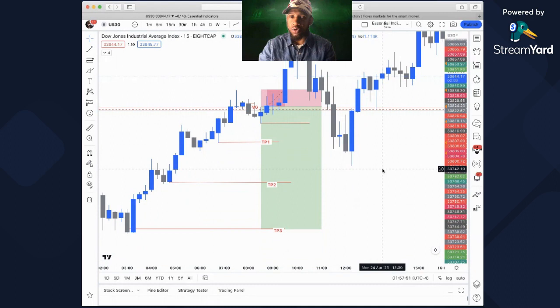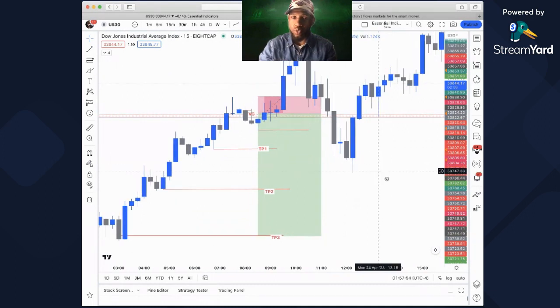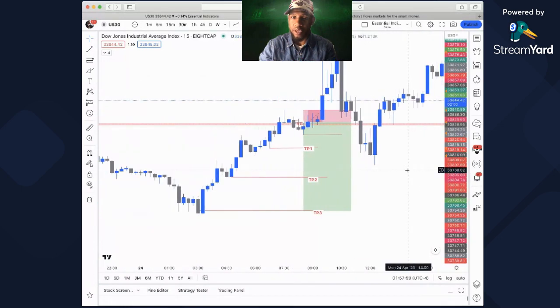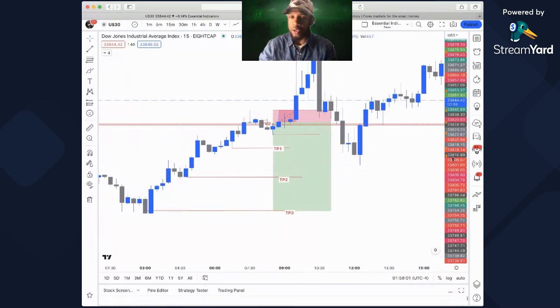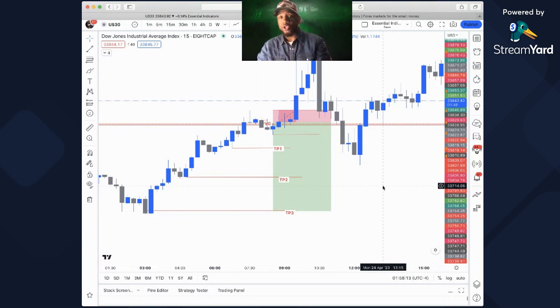I gave it out in the Discord, and I lost. So this is our first losing day in 2 weeks, and losses happen. I've been having a good win rate as of late. And as I explained to everybody, you do not need above a 70% win rate to be consistently profitable, as long as you maintain strict risk management protocol and good risk rewards.